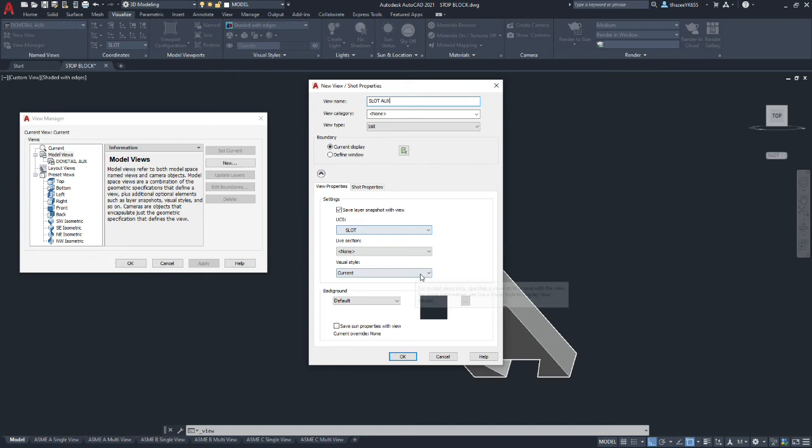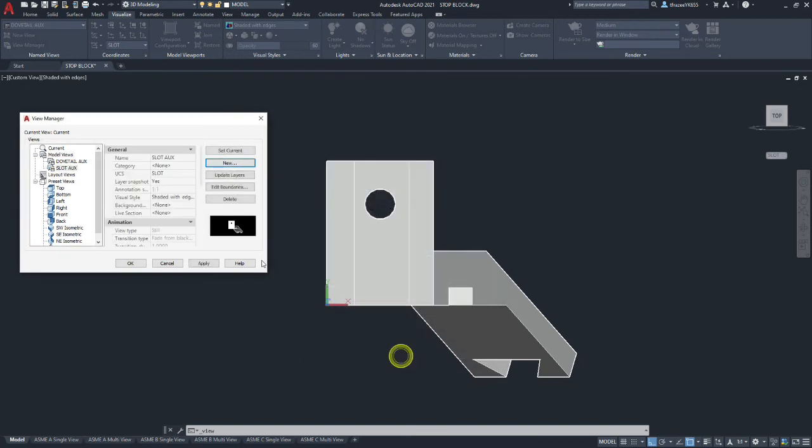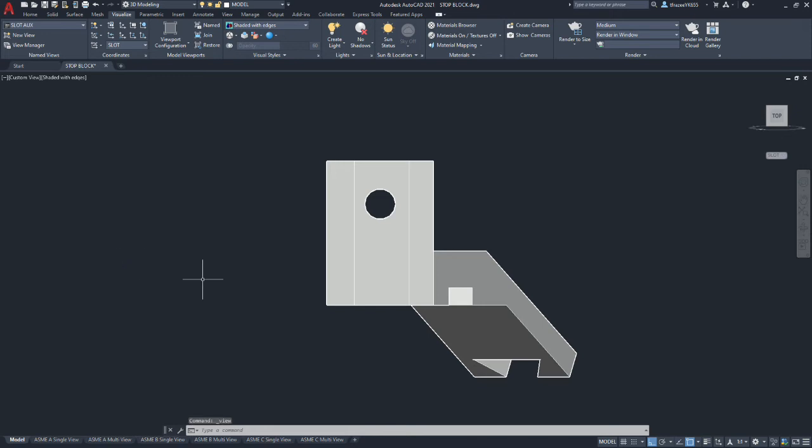And we want to make sure our UCS is also on slot, and we're going to leave everything else as current as default. Okay, and apply. And OK. All right. Now we can return to those views when we're ready to do so.